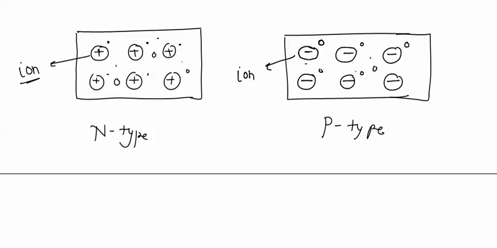Also there will be a bond breaking process, and with each broken bond, electron-hole pairs will be generated. And now in p-type semiconductor we can see that there are negative ions, there are majority charge carriers as holes, and there are some negatively charged carriers, meaning electrons. This is the representation of n-type and p-type semiconductor.